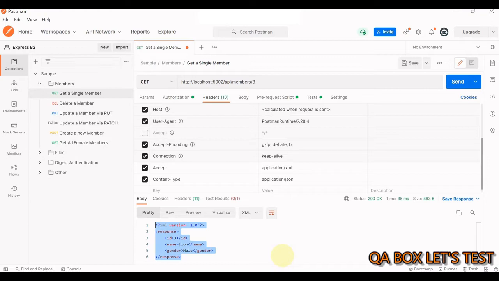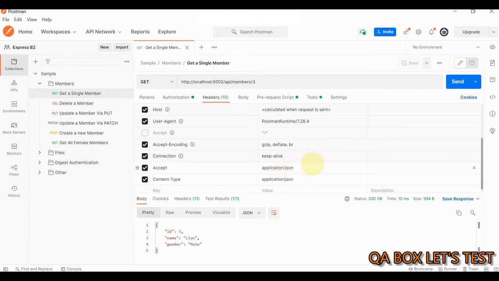Now first thing is, if you try this on any other endpoint, I'm not taking any guarantee that you will see the XML response. Why? Because your developers have to code this. Okay, what is happening? So the model is serialized into XML now. And if I change it back to JSON, then the model is serialized into JSON, which means that developers have to write some code. Okay, they have to write this serialization logic. If the logic to convert the model into XML is present, then only you would see the XML response. This API has got that code and you can generate your response in both JSON and XML.